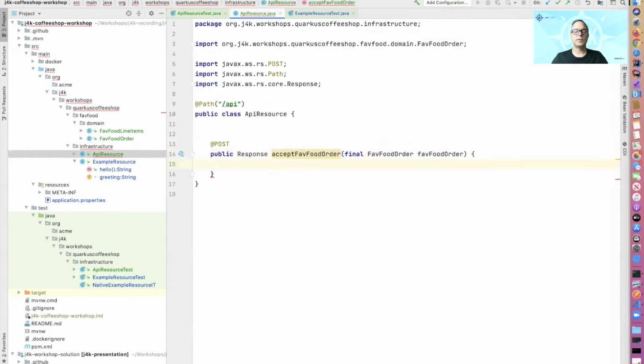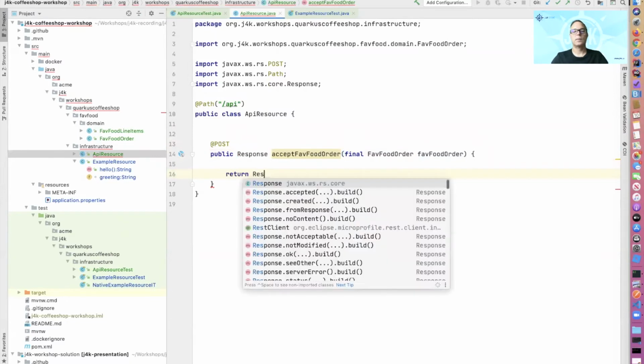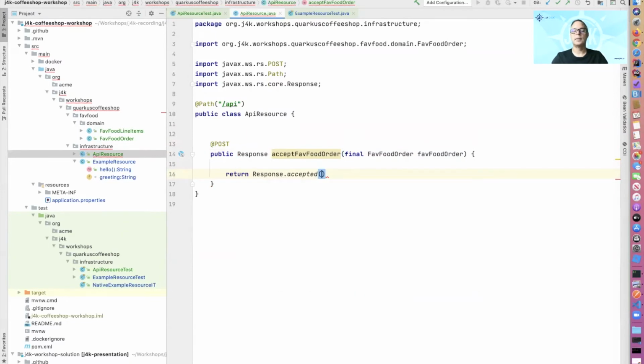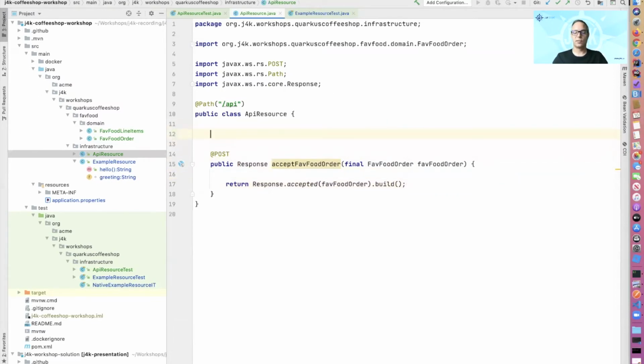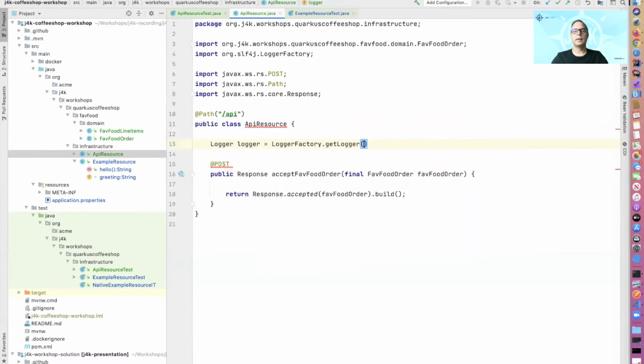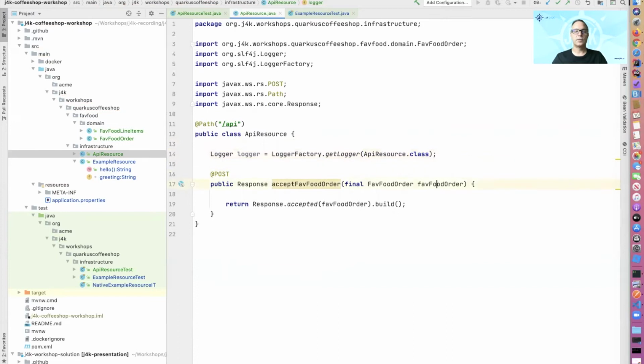Let's import response, and let's say response accepted. All right, so we will actually pass our test right now, but we're not actually doing anything. So let's do this. Let's also throw in logger is good, right? So we set up our logging. So we say logger equals logger factory, get logger, API resource class, import logger. So let's say debug